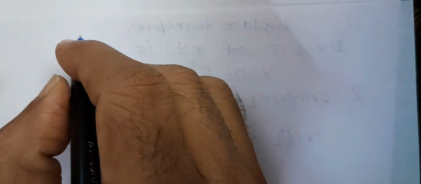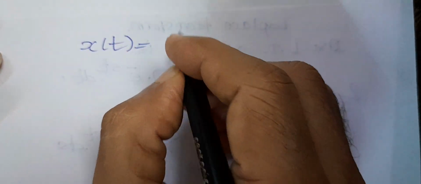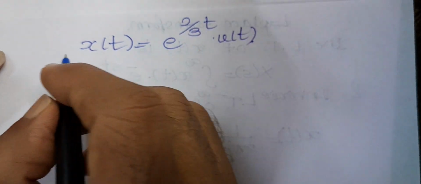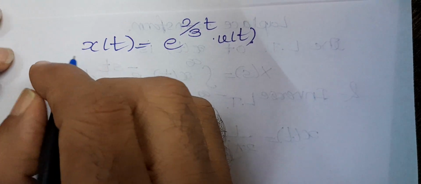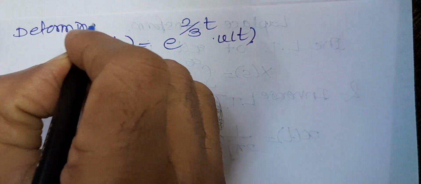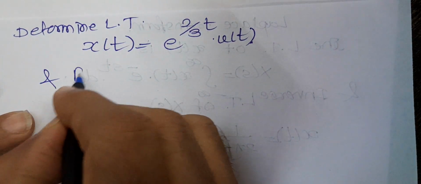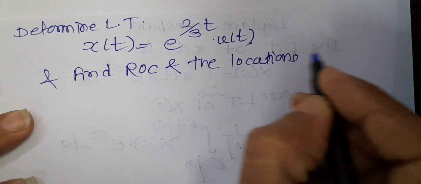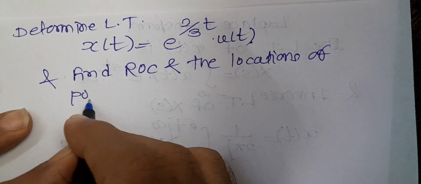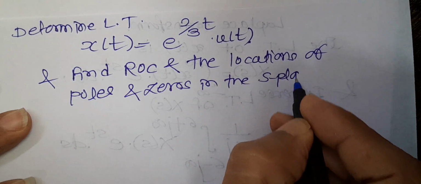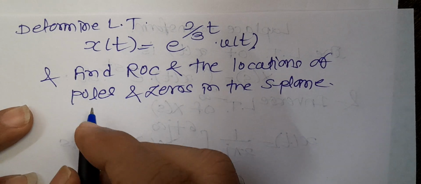So let us find the Laplace transform of the function x of t equal to e raised to power 2 by 3 t into u of t, and find the ROC and the location of the poles and zeros in the S plane. So this function is given to you, and the solution is